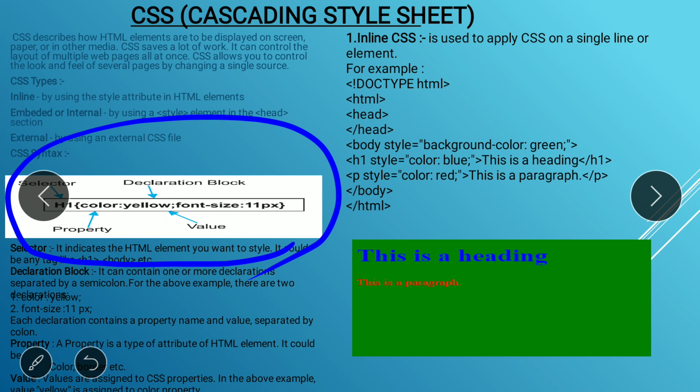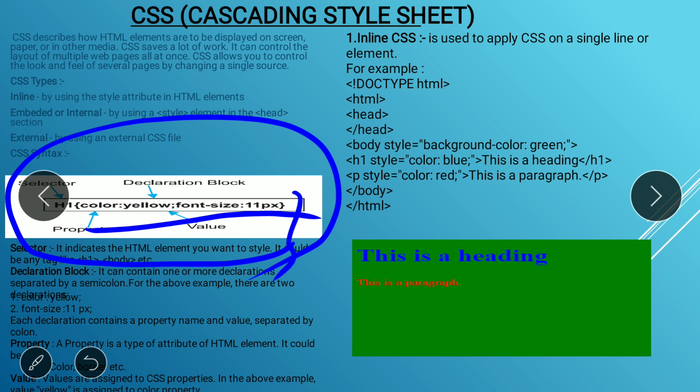Here h1 is nothing but the selector, and the next part is the declaration block. In the declaration block we write down the property and value pair, right? And you can mention the number of properties in the curly bracket, sorry, not angular bracket.